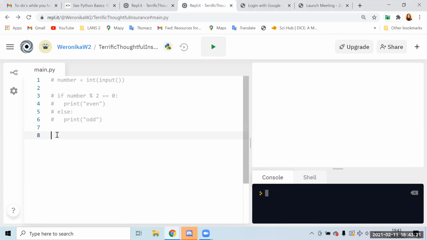And we're going to try to import a library with a beautiful name, Turtle. And this means that this is a library that will enable us to draw things. So our project today will be a little bit connected to drawing.